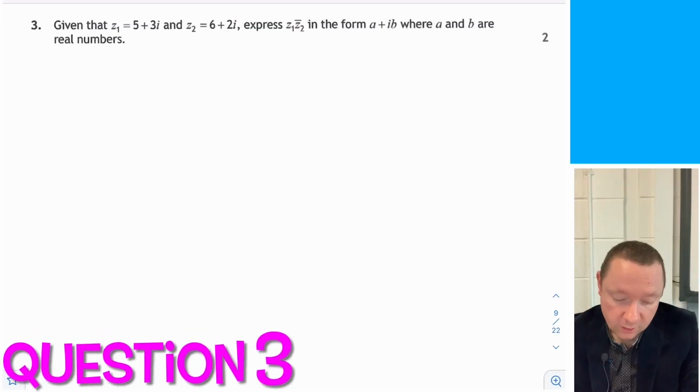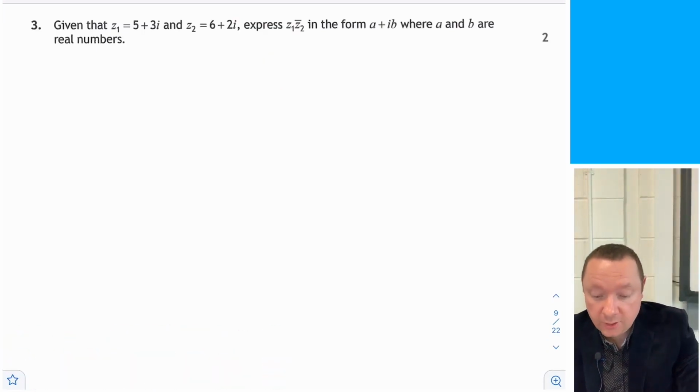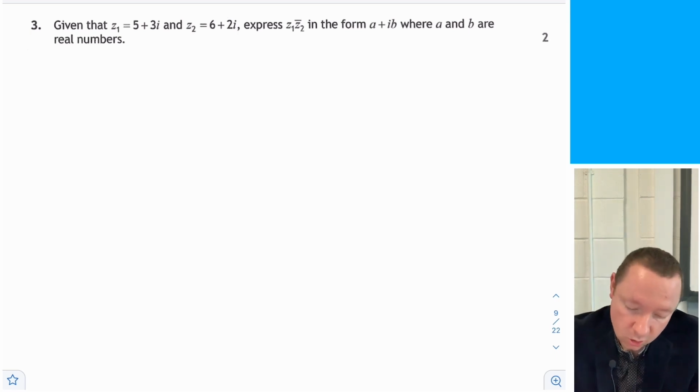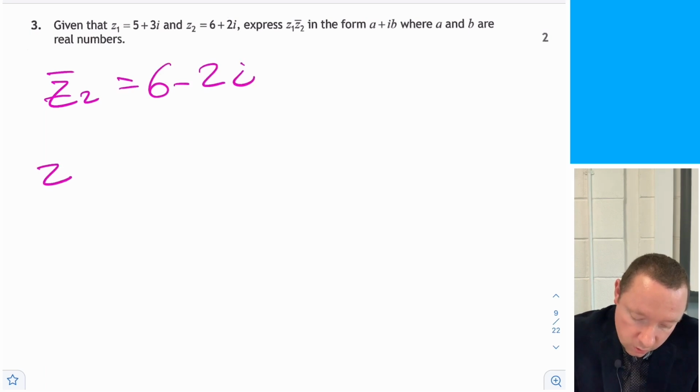Question 3, given that z1 is 5 plus 3i, z2 is 6 plus 2i, express z1 times the complex conjugate of z2 in the form a plus ib, where a and b are real numbers. So, we've got the complex conjugate of z2 is just 6 minus 2i. So z1 times z2 bar is just going to be 5 plus 3i